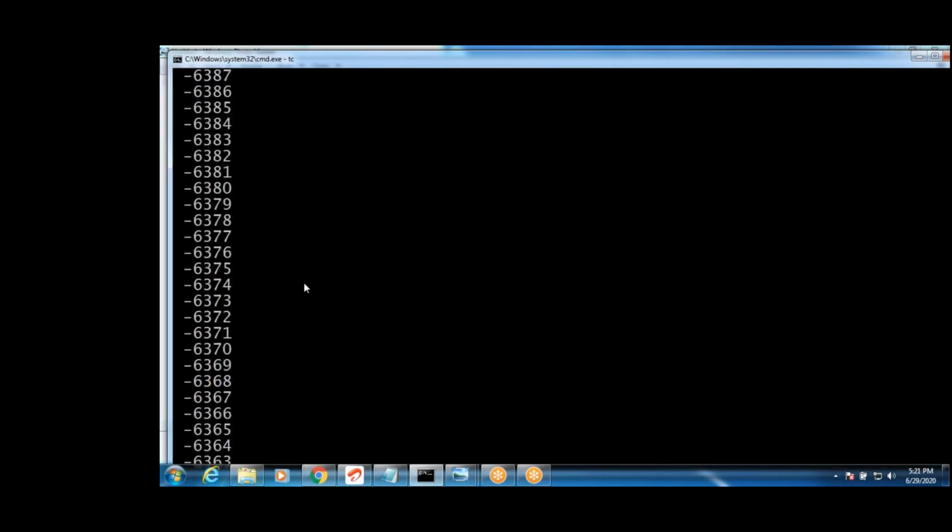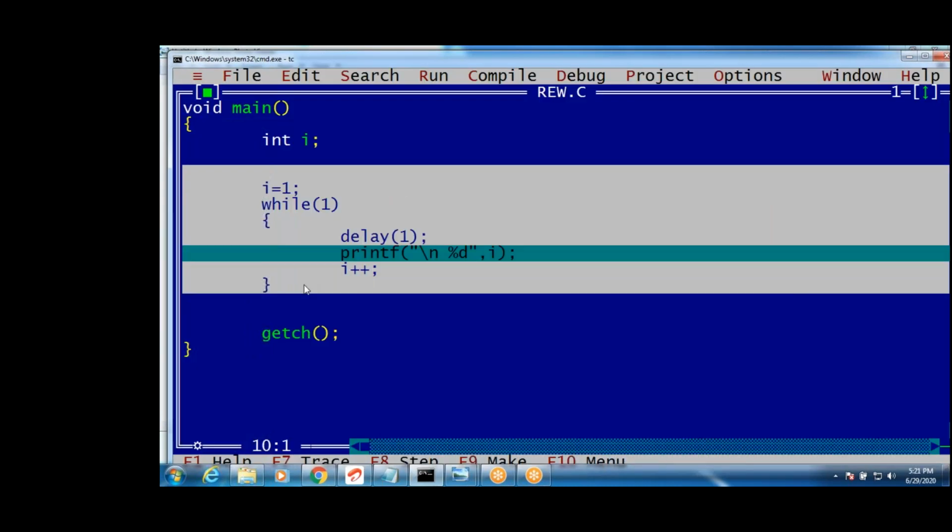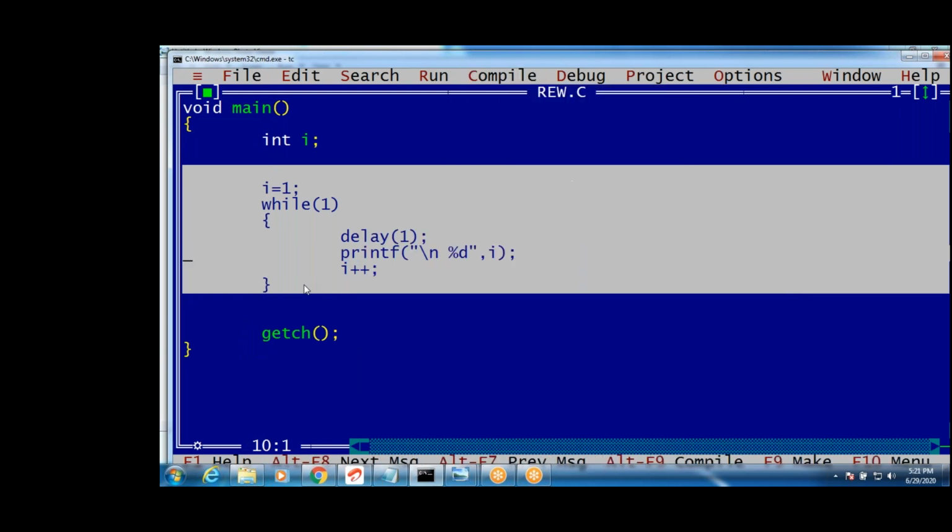Are you following, guys? Now it's an infinite loop, guys. It is printing slowly, right, Naveen? It is not printing slowly. For example, if I remove the delay, it prints at full speed, and we cannot catch the output. Now if you want to print slowly, we use the delay function or the sleep function. Sleep is in seconds, delay is in milliseconds.